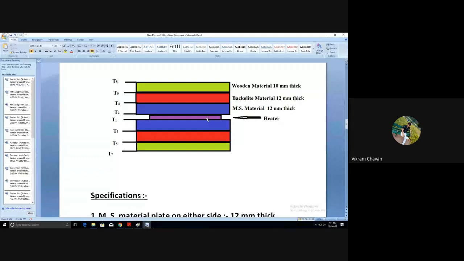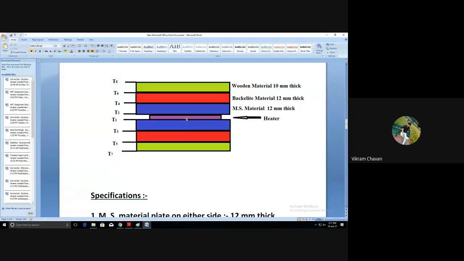So the heat will get diffused very fast in the aluminum material, and it will be distributed uniformly over the entire surface area of that plate, and then it will be provided to the respective composite wall. So the heat will be provided uniformly to the composite wall because of the aluminum plate. As the heater is placed at the center, it would otherwise provide heat only where it touches the plate.